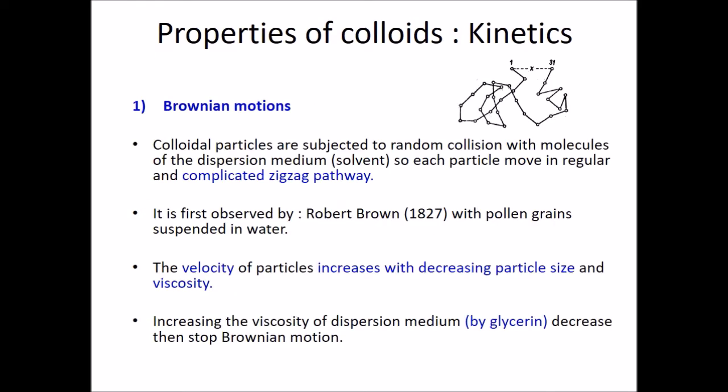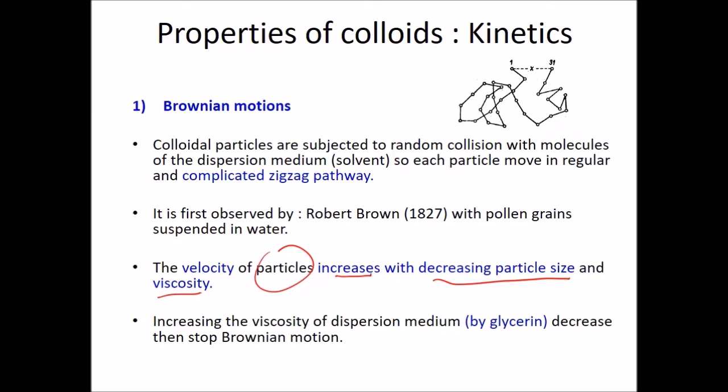So first, Brownian motion. Colloidal particles are subject to random collisions with molecules of the dispersion medium, so each particle moves in an irregular and complicated zigzag pathway. It was first observed by Robert Brown with pollen grains suspended in water. The velocity of the particle will increase with decreasing particle size and decreasing viscosity. Increasing the viscosity of the dispersion medium, of course, makes it more viscous, so the movement will reduce,